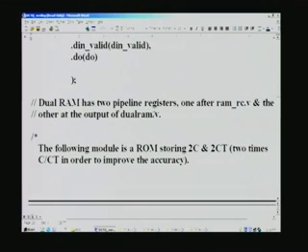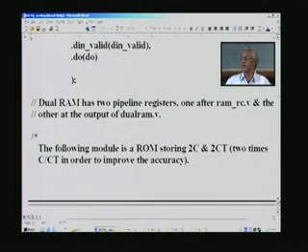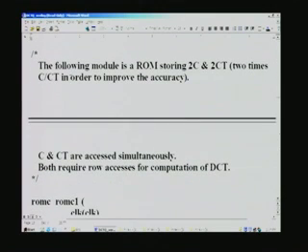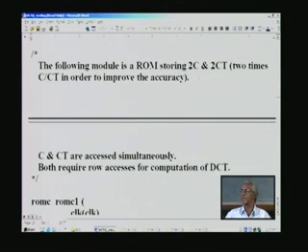And dual RAM has 2 pipeline registers, which you remember: one after the RAM, which is being called by dual RAM, and also another at the top level of dual RAM. So, 2 pipeline registers are inside the dual RAM. And next we have to use a ROM, which stores the C matrix and CT. C and CT, if you notice, are nothing but the same matrices. One is to be interpreted as a regular matrix, whereas the other is a transpose of the same matrix. So, in this case both contents are the same, that is the reason why we just use a single ROM.